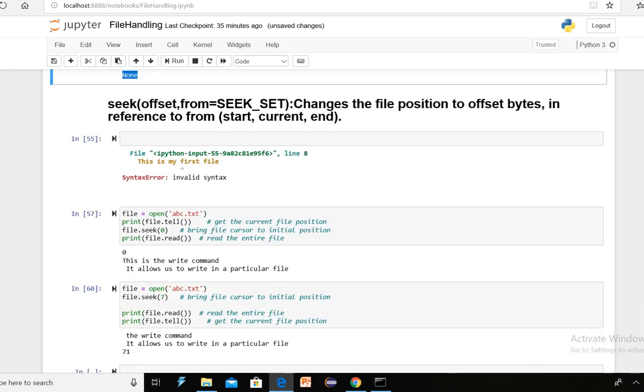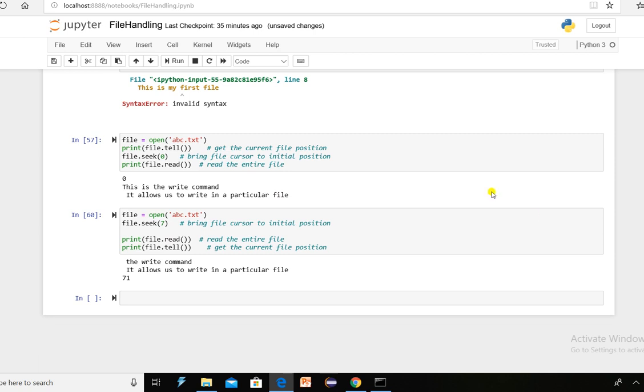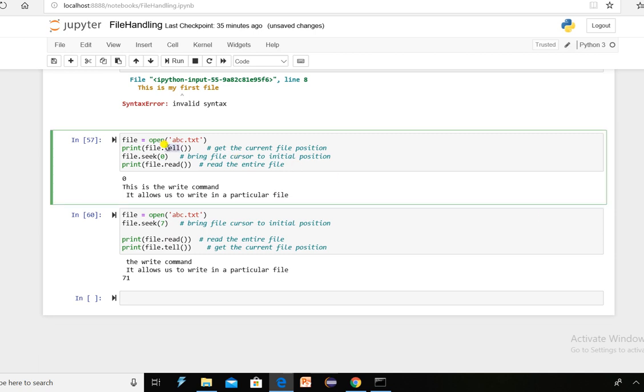Again, the next concept, that is seek and tell. The tell method of a file will tell you the cursor position, where your pointer currently is. So if file is equal to open abc.txt, I have not specified any mode here.